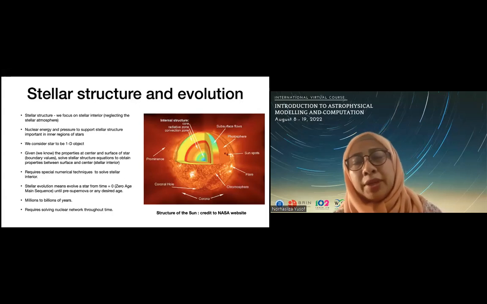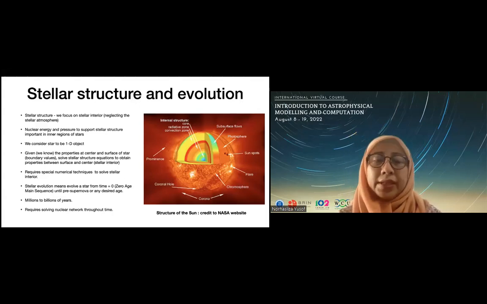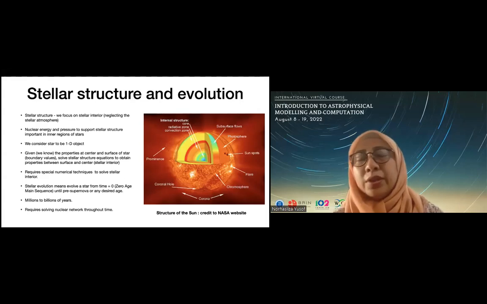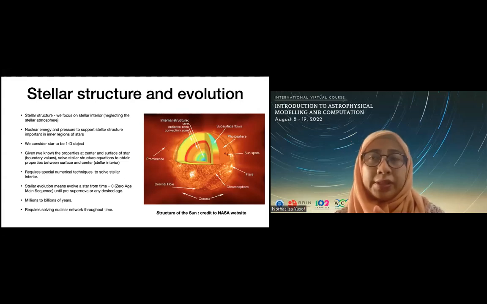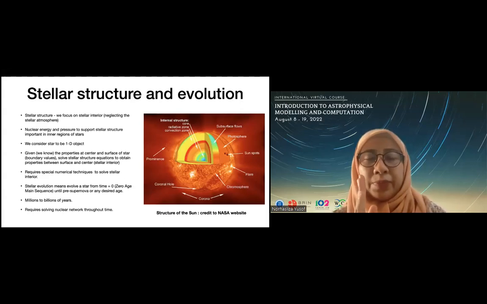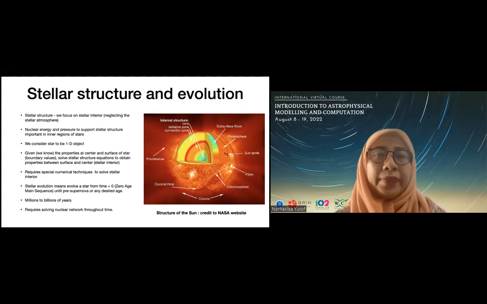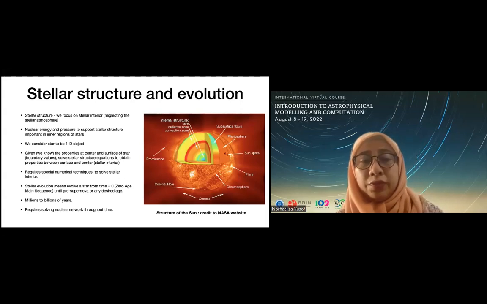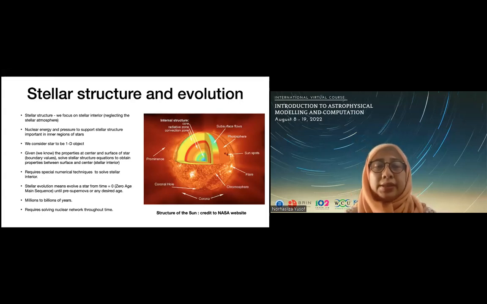and we can evolve it until what we call the pre-supernova stage, or at any desired age. For example, if you want to know the age of a star like the Sun, we can start our evolution at that particular time. If you don't want to stop at, for example, the age of the star, and we want to see whether it evolves into a white dwarf or whatever, we can let the evolution run until our desired